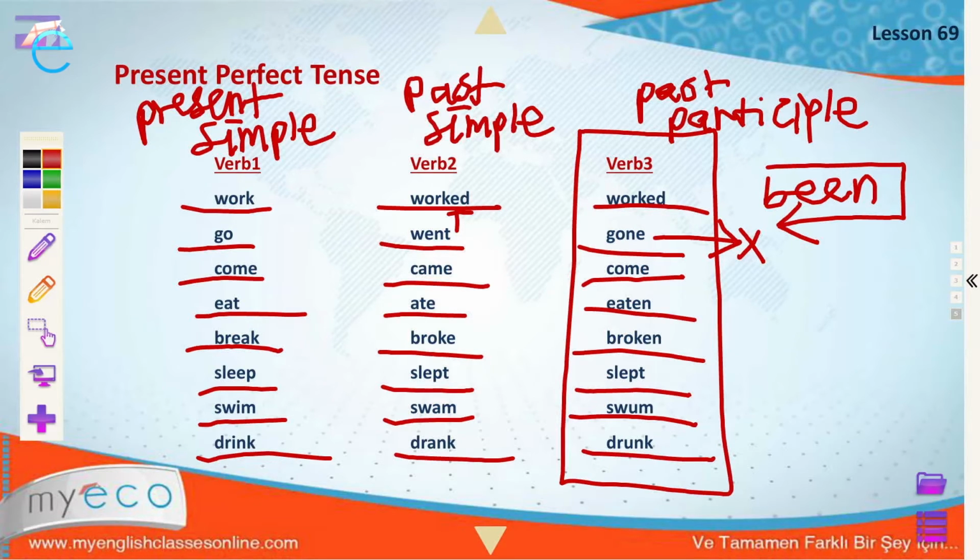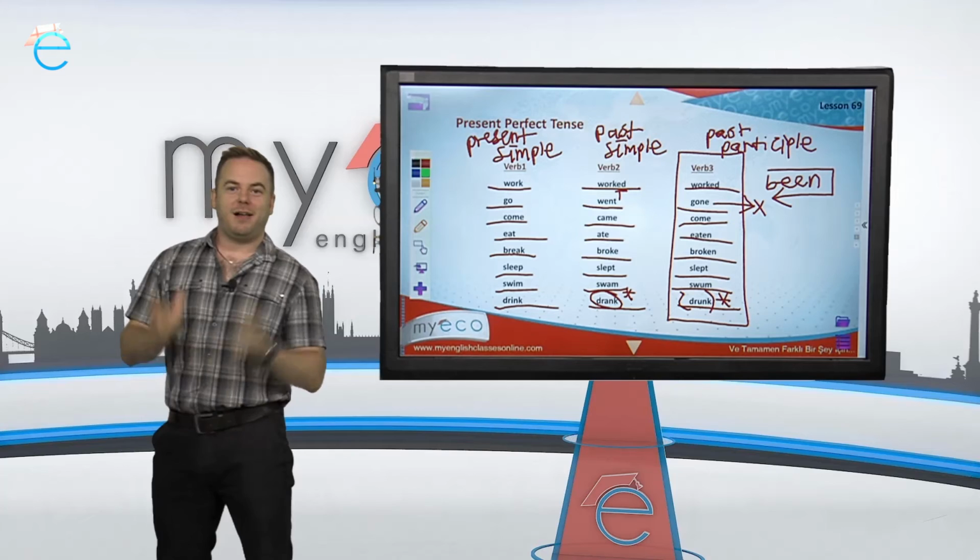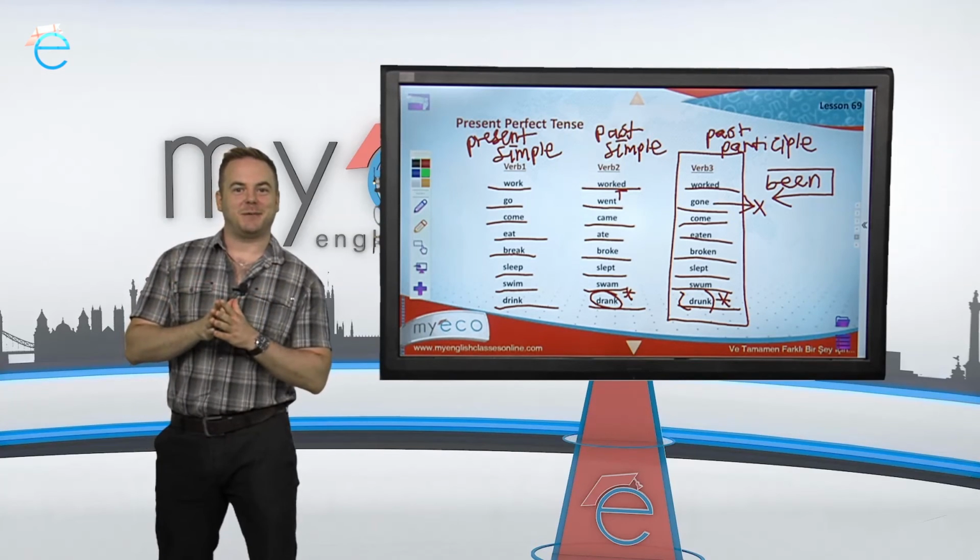We should say something about drunk. A lot of native speakers don't use this word. A lot of native speakers use drank. I don't know the reason, but it may be because drunk also means I am drunk, that I had a lot of alcohol. So we may prefer to use I have drank. Let's take a look at the virtual screen.